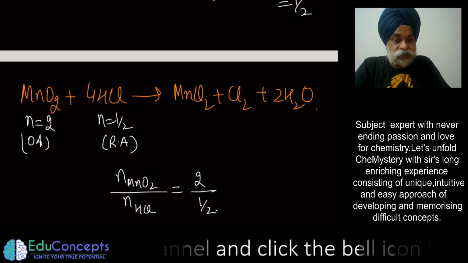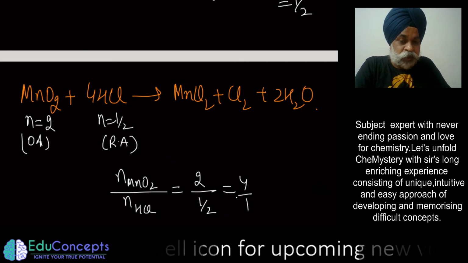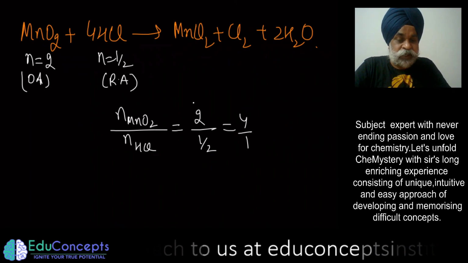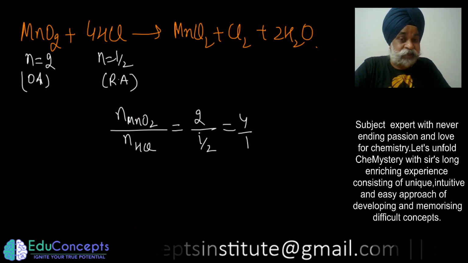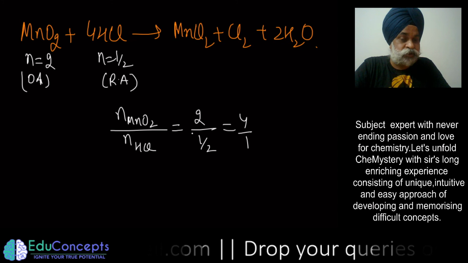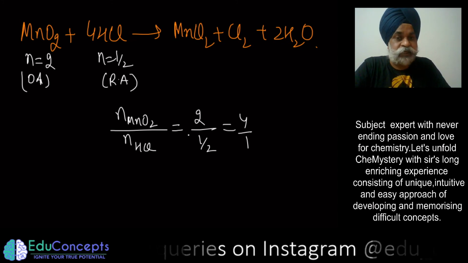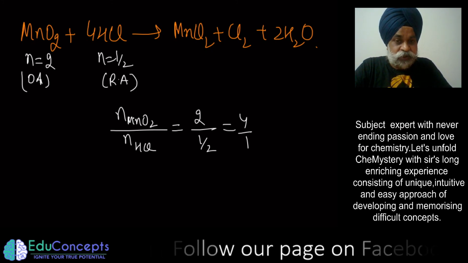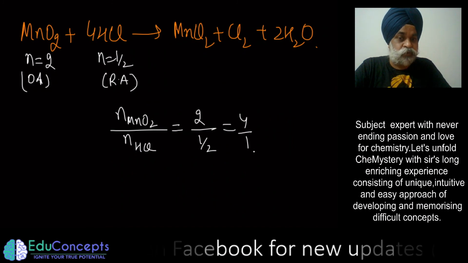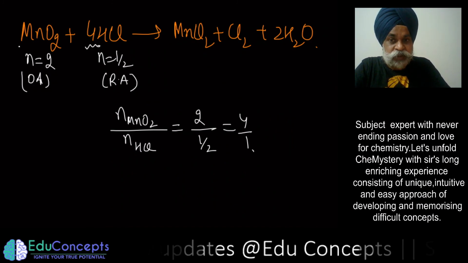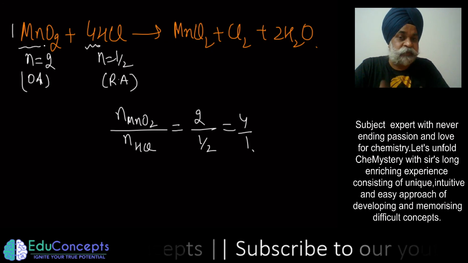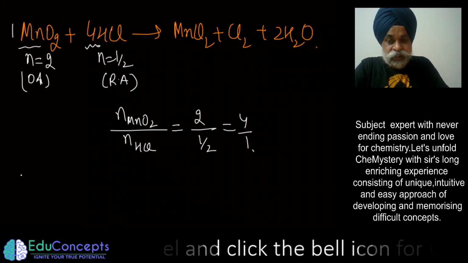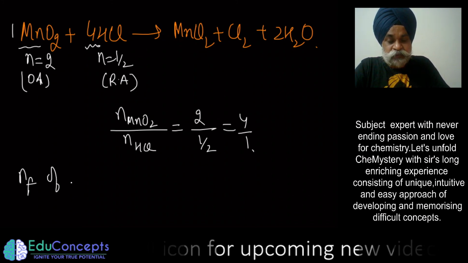2 upon 1 by 2, that is 4 by 1. So now what you are able to see is that if you know the ratio of n factors, whatever ratio of n factors you would get, the reciprocal of that ratio would be the stoichiometric coefficient ratio of the balanced equation of that particular reaction. So what I'm trying to say is that the n factor ratio came out as 4 is to 1. The stoichiometric ratio came out reversed, that is 1 is to 4, in the balanced chemical equation. So we can conclude one thing for sure, that if you know the